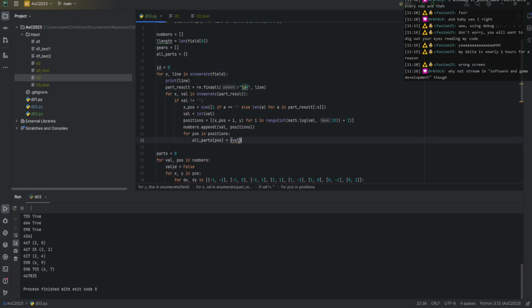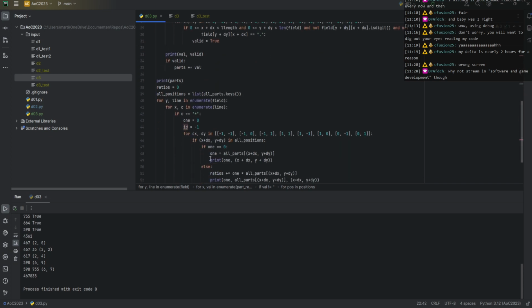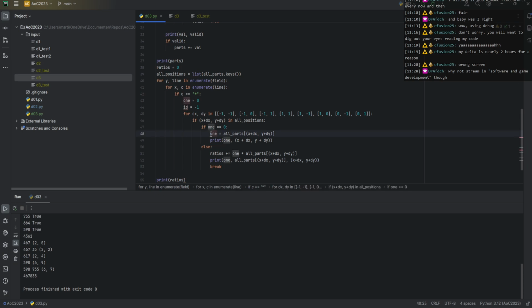Fine, we just do this. Because in here, it'll just be 1, ID, 0, just for debugging's sake, and then you do 1 ID,